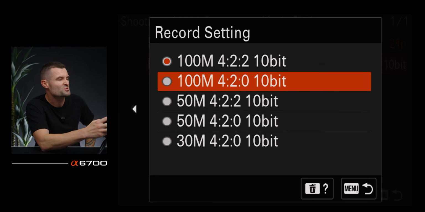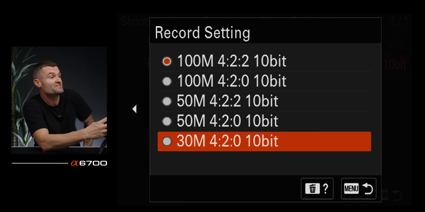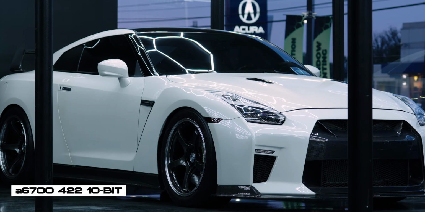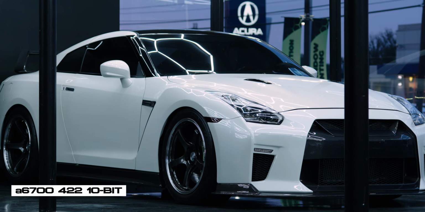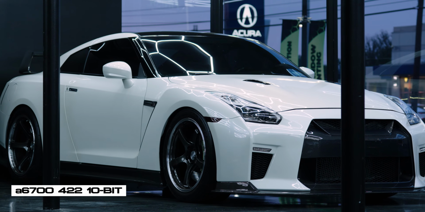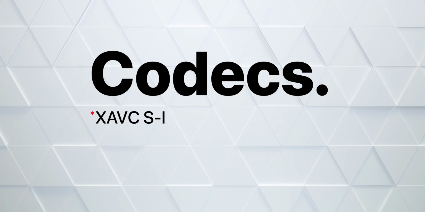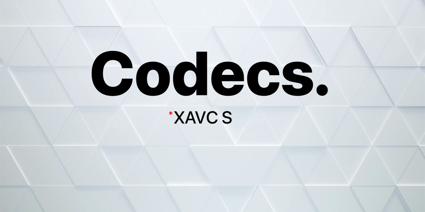The truth is though, between like 8-bit and 10-bit, we don't even have any 8-bit options with XAVC HS. And other codecs you will. 10-bit, you just have way more flexibility over your colors if you want to be changing the colors, and I just think generally speaking 10-bit looks a lot better. But I'm gonna let you be the judge if you can tell the difference between XAVC SI, XAVC S, and XAVC HS